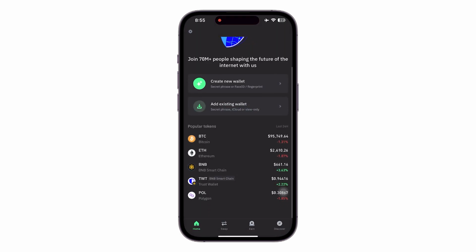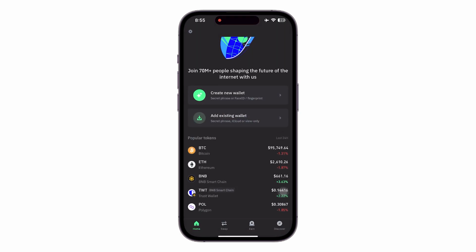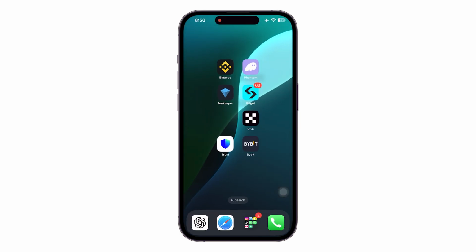Once you do that, paste that on your Trust Wallet. We have different options in here. Once you simply add your wallet in here, you will be easily able to transfer Solana from Trust Wallet to Binance. This is more than easy, and I hope this is going to be helping you guys out,